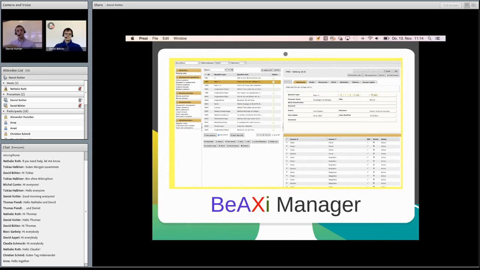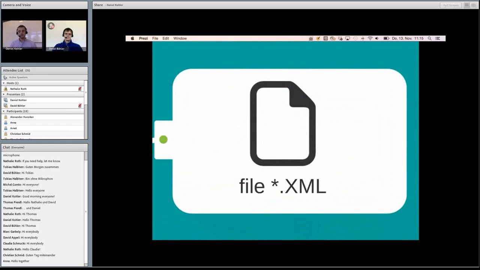From that, you generate your questions, and further on, you create whole exams with the questions, which you then would export to an XML file. And I assume here that there are not that many technicians in the chat, and I can assure you that's the most technical part in the presentation that we're going to have. So the XML file, or an XML file in general, is there to exchange data between different components.